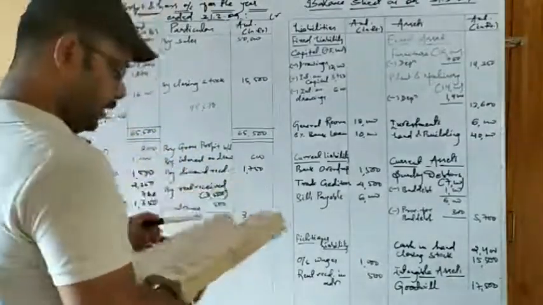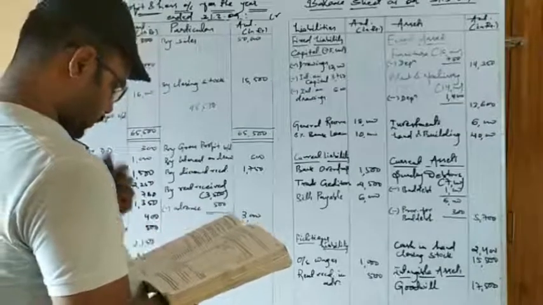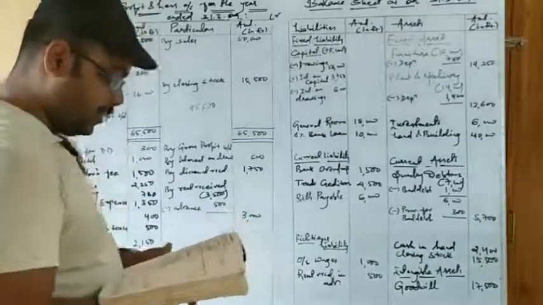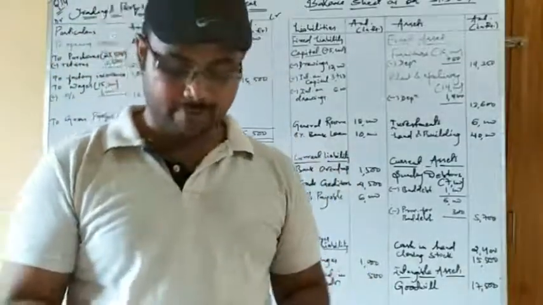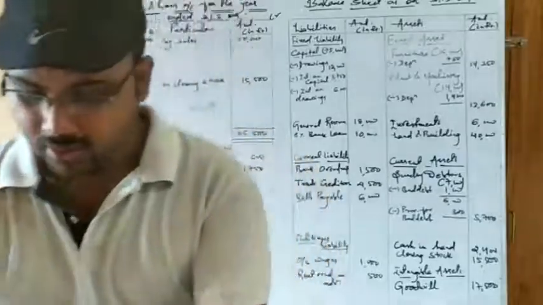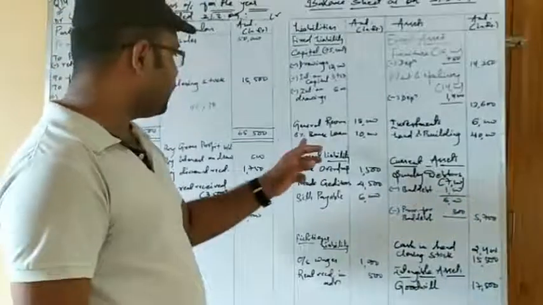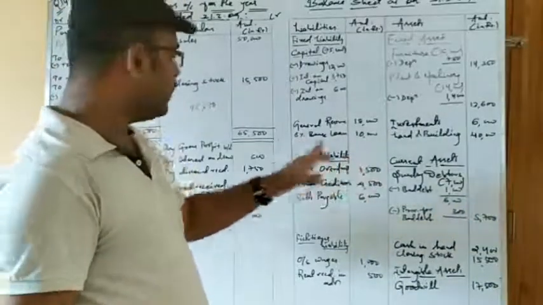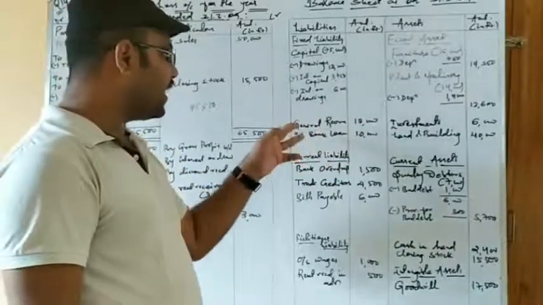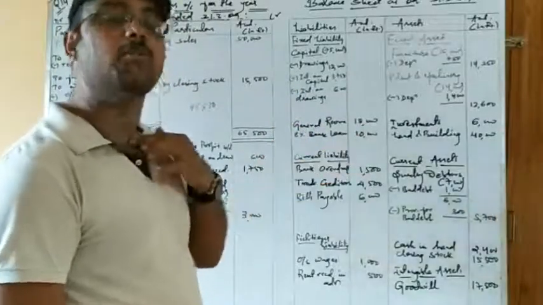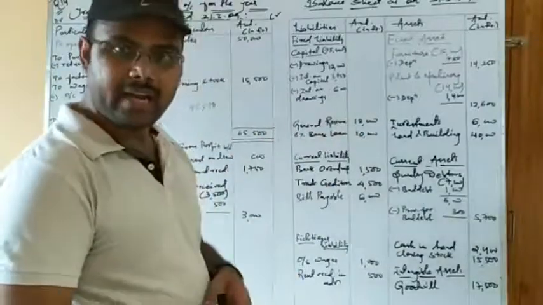Let us check whether we have left over any adjustments or not. Okay, we have left an adjustment, that is 8% bank loan. As I have told you, there is a hidden adjustment, but we haven't solved it here. It is not related to the trading account. The 8% bank loan is 10,000. That means on the bank loan you have to pay 8% rate of interest. So 8% of 10,000 is 800.